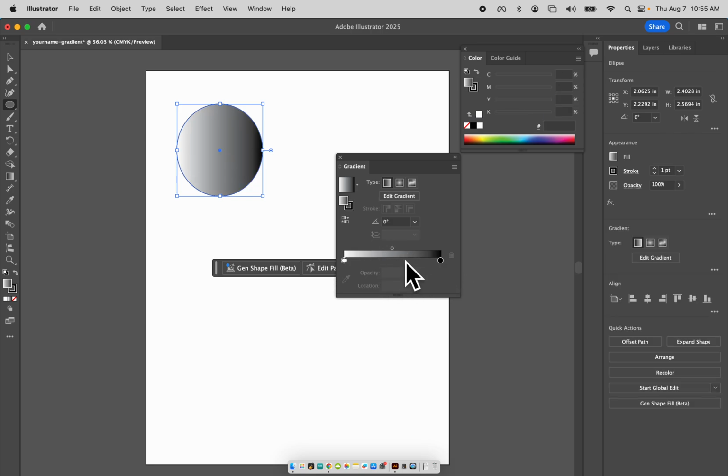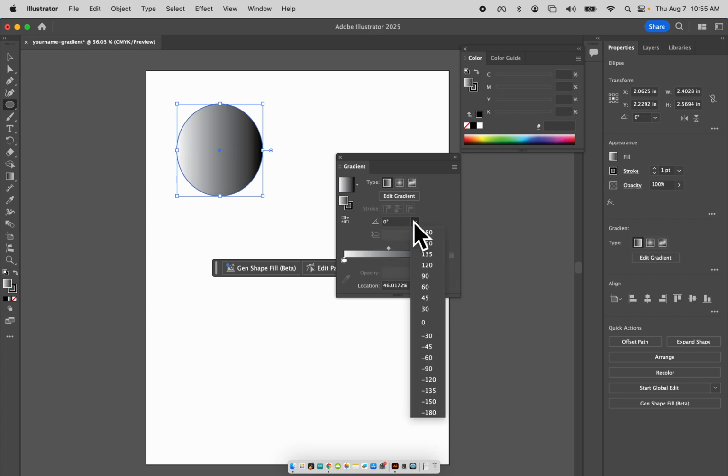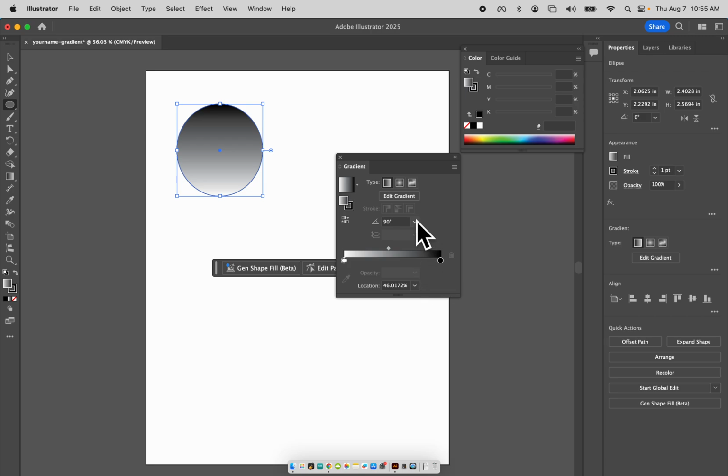I click down here and you can see it goes from white to black. This diamond in the middle defines how far the white to black goes. You can see when I make the adjustments, it adjusts it there. I can move the black circle over or further that way. I can change the angle of where it's going, or I can change the gradient to